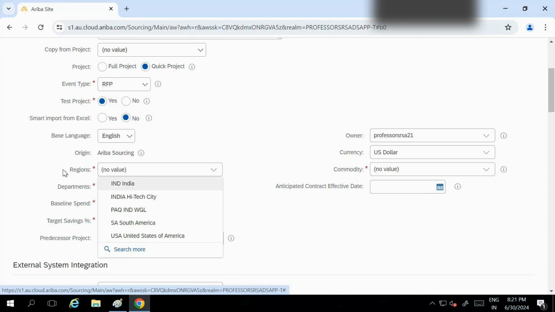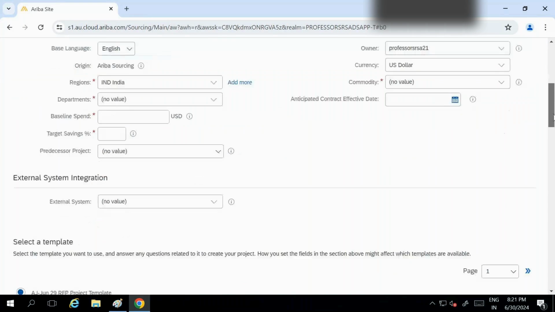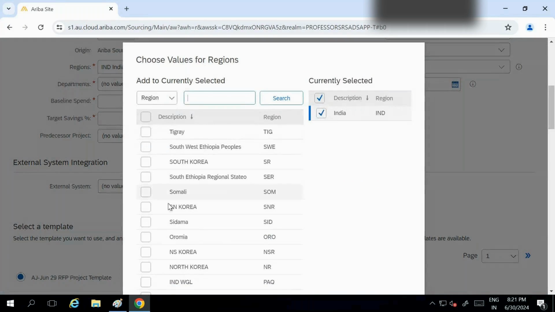So now what I did, I have created this region. This is not a standard thing, but I have created India, IND. I have put my pick list value. If you see what fields I have added, if I want to add, I can go and search. This is my pick list value. I can choose multiple.